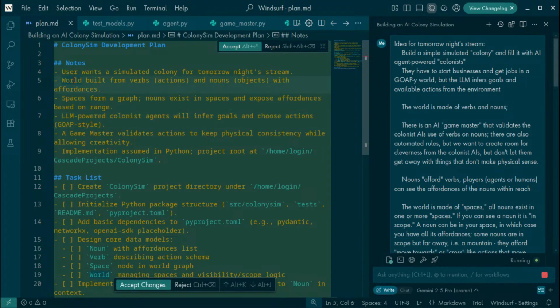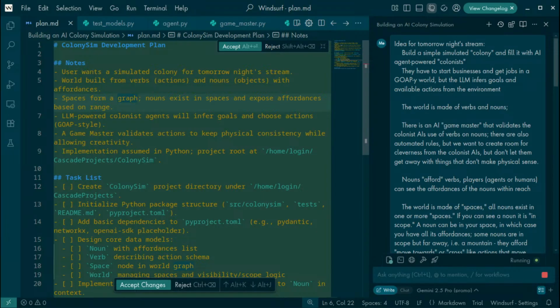So, let's see, yes. The world is built from verbs and nouns. Nouns afford verbs. Spaces form a graph. Spaces are just a special kind of noun that can contain other nouns. I guess spaces shouldn't be the only kind of noun that can... we'll think about that as we go. Spaces form a graph.